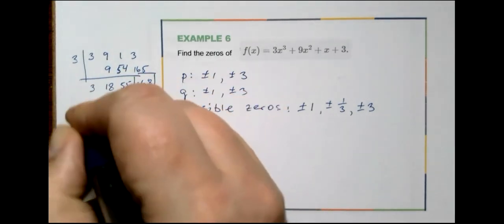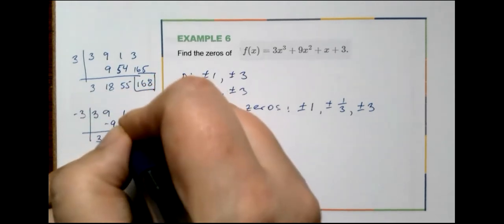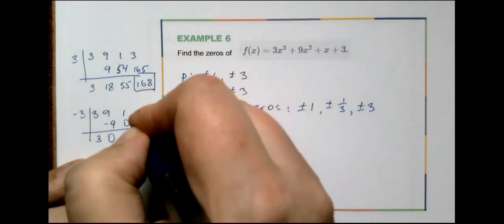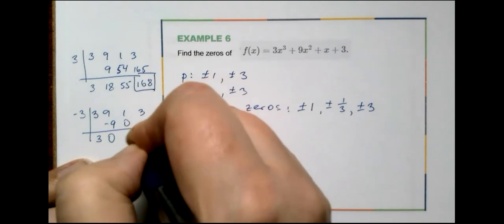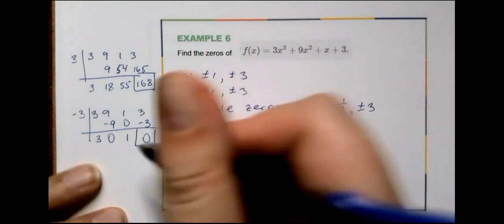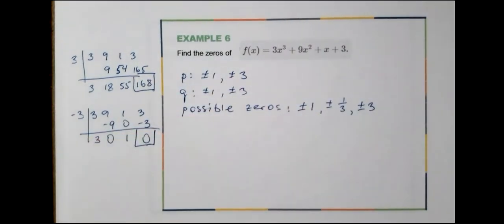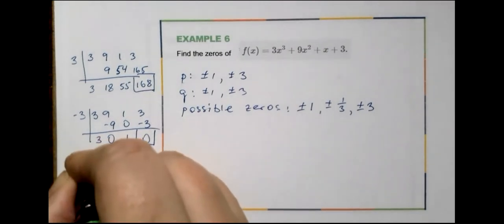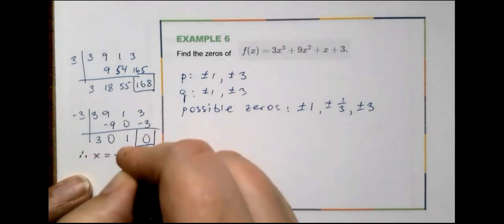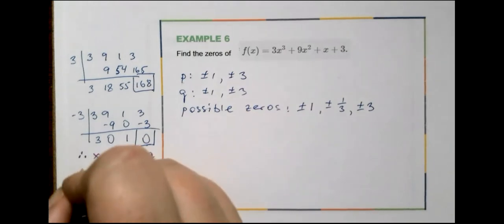Bringing 3 down, negative 9, 0. I like it better. 0, 1. Look at that. 1 times negative 3 is negative 3, and we are getting a 0 as a remainder. And that means that, let's write it down. That means that x equals negative 3 is a root of this polynomial, or a 0,